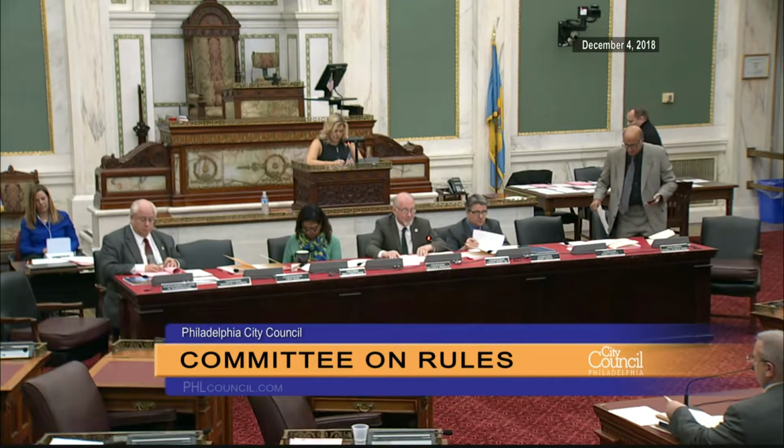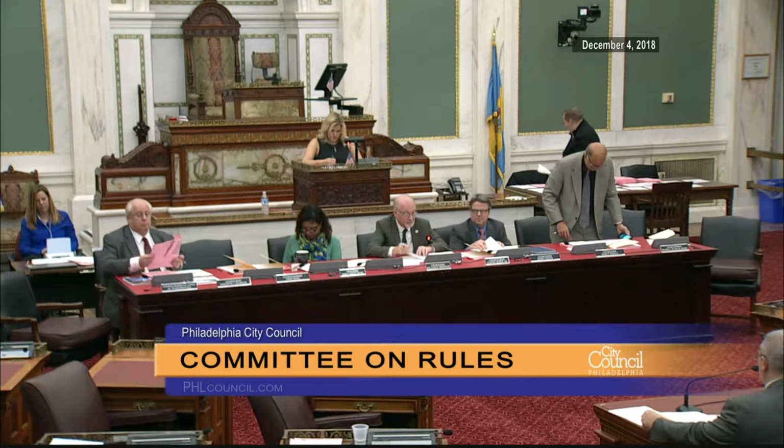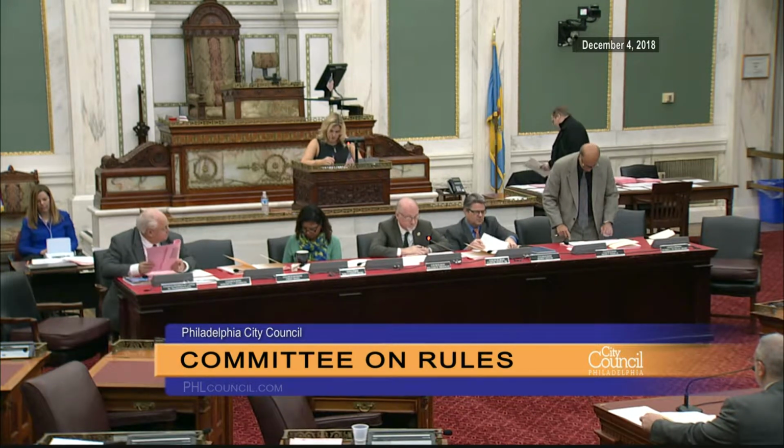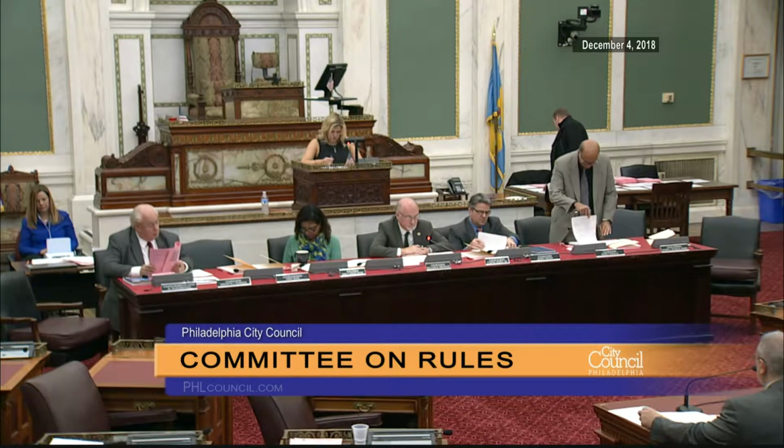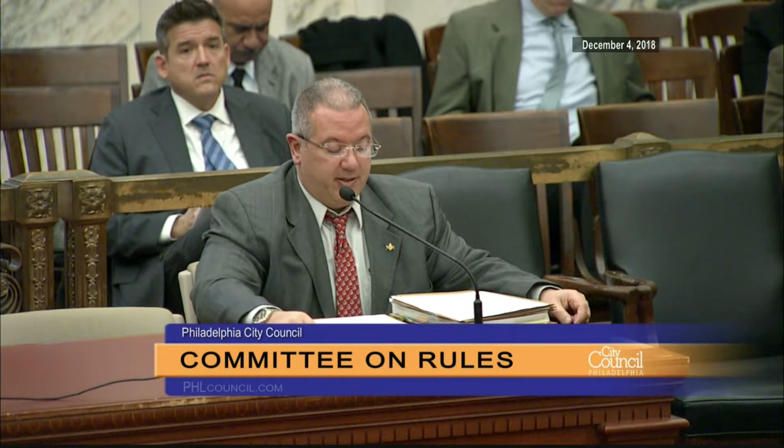Bill number 180966, an ordinance to amend the Philadelphia zoning maps by changing the zoning designations of certain areas of land located within an area bounded by Parkside Avenue, 42nd Street, Girard Avenue, and Belmont Avenue. Mr. Gregorski, thank you. Good morning, Chairman Greeley, members of the Rules Committee, Marty Gregorski with the Planning Commission. I'm here to testify on Bill number